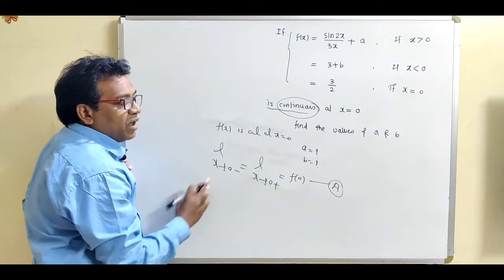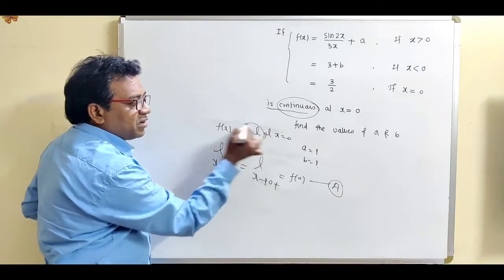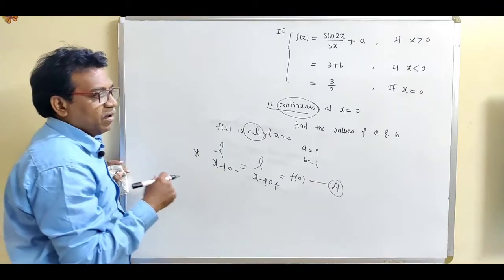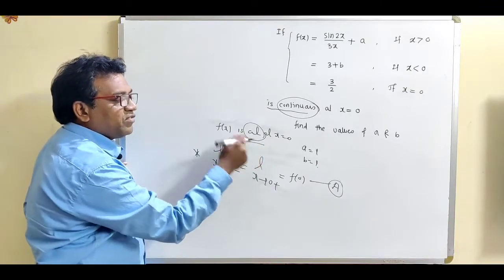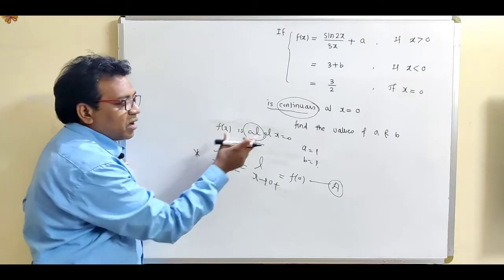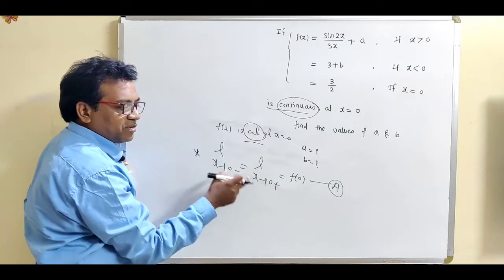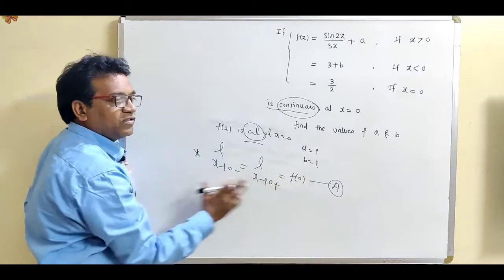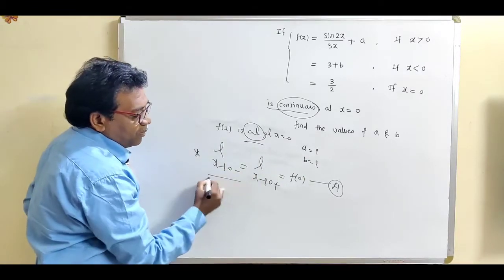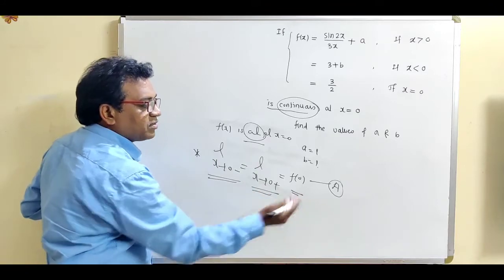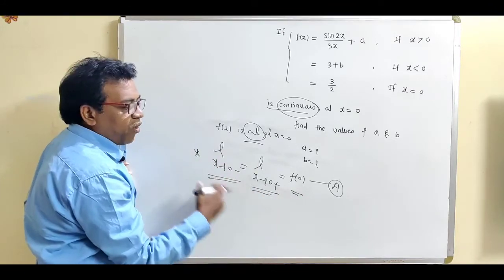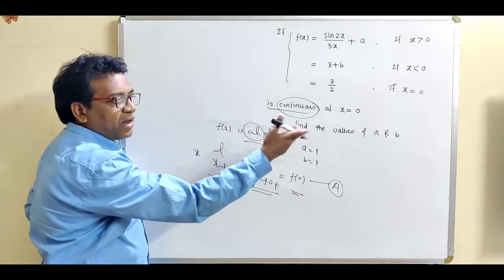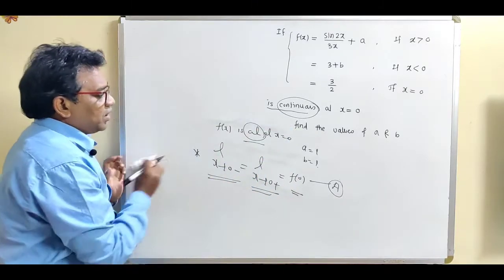So first of all we have to convert the given condition in terms of some mathematical equation. We are given a function f(x) that is continuous at x equal to 0. Continuous means we know this equation: limit from left is the same as limit from right, which is the same as the value of the function. So find out the left limit, right limit and value of the function separately. Just put all these values in equation number A or 1 and we can get the values of a and b. So write down the solution.